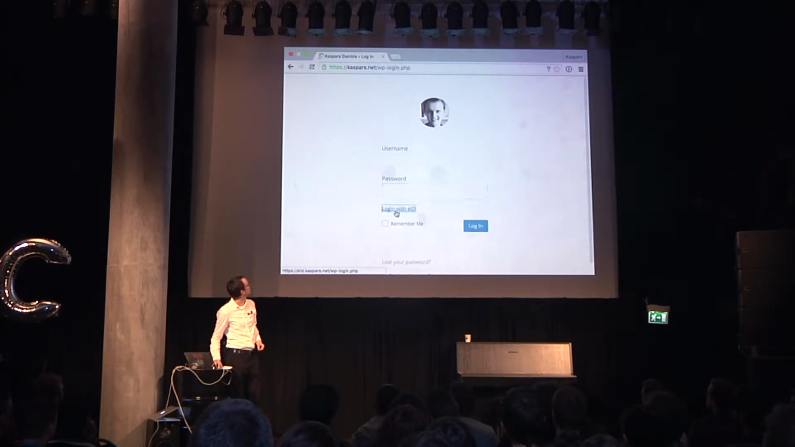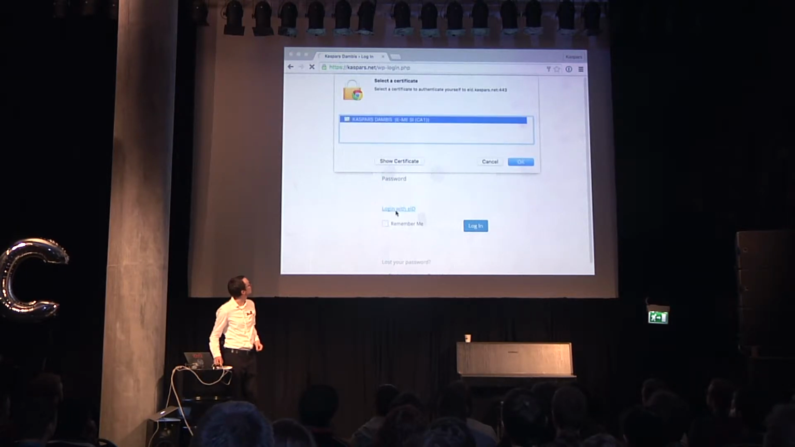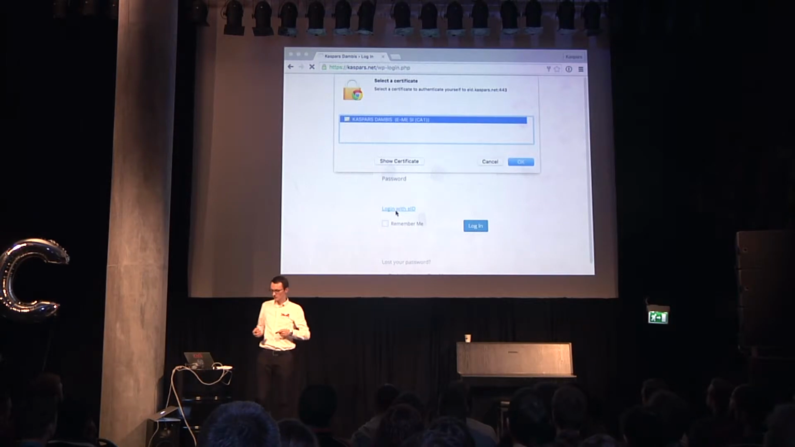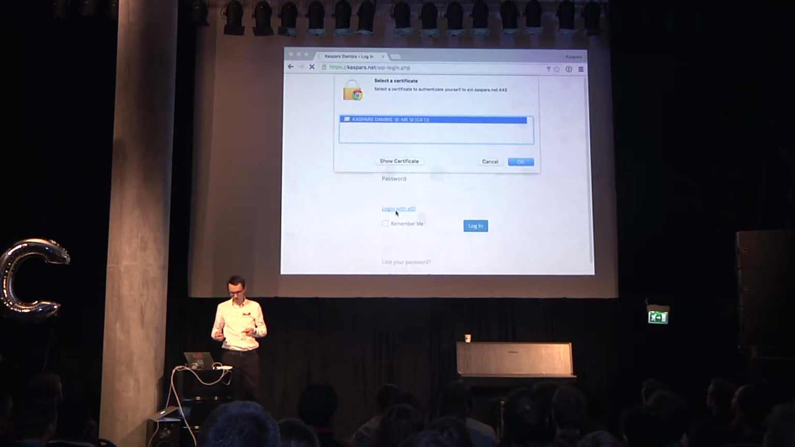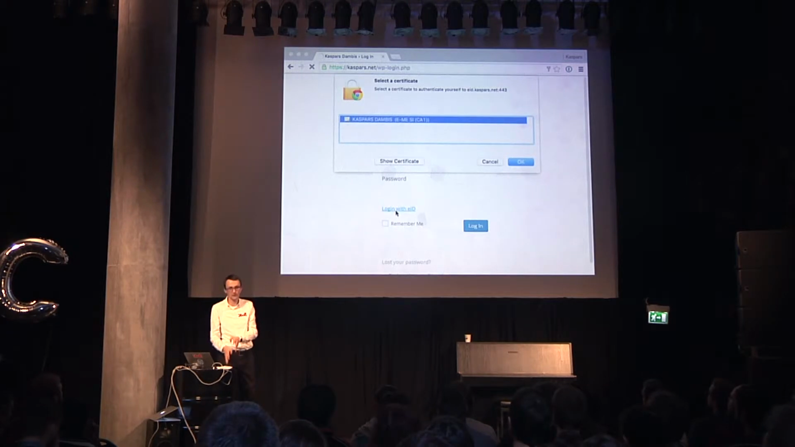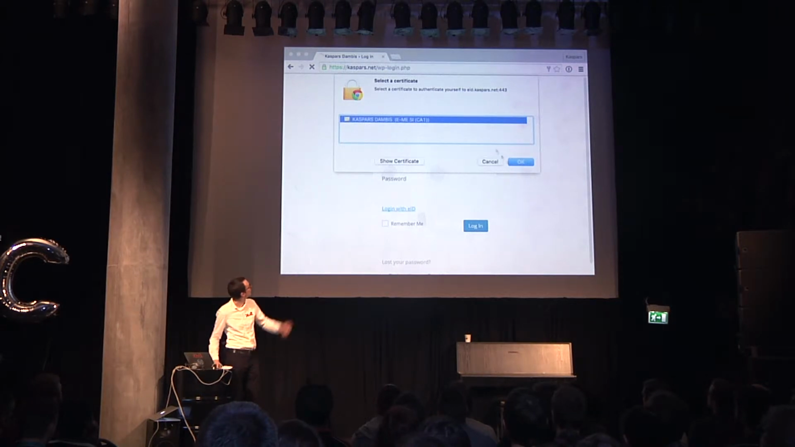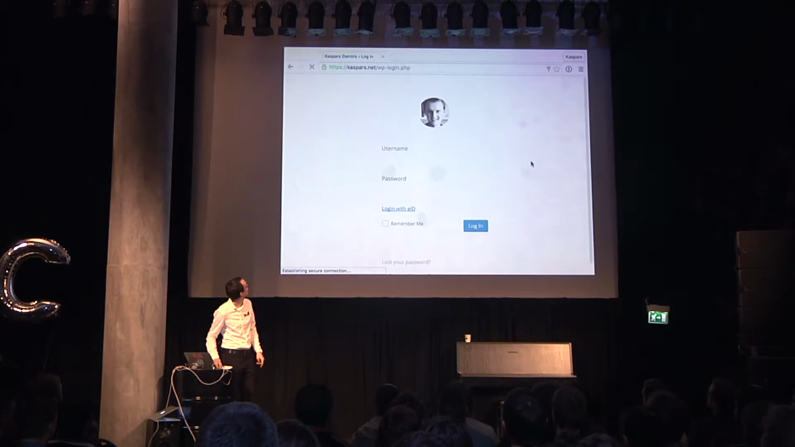And when I do that, the browser now has done a handshake with the server, and the server said, okay, prove to me this is Kaspars. What it's doing is it can check my identity profile that's on the card. So what I do is I select, that's me, that data is coming from the card, and